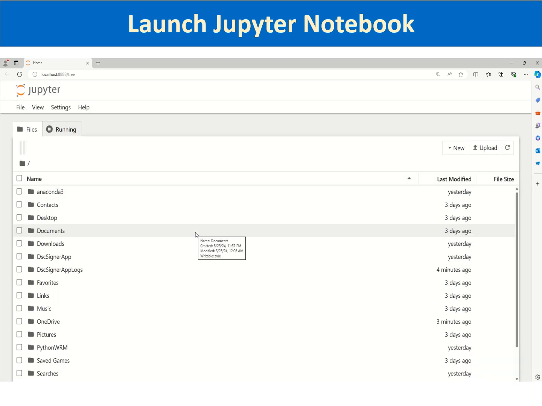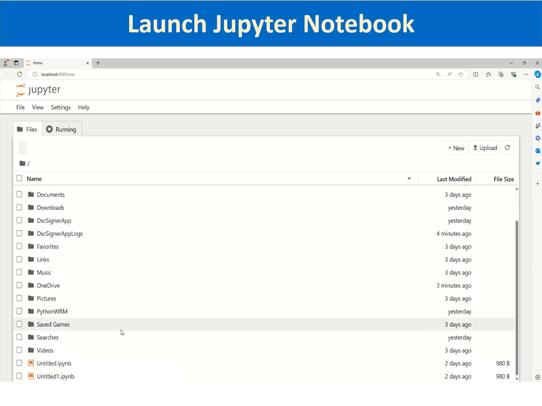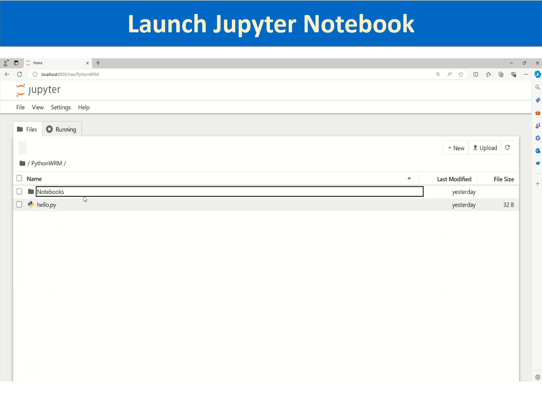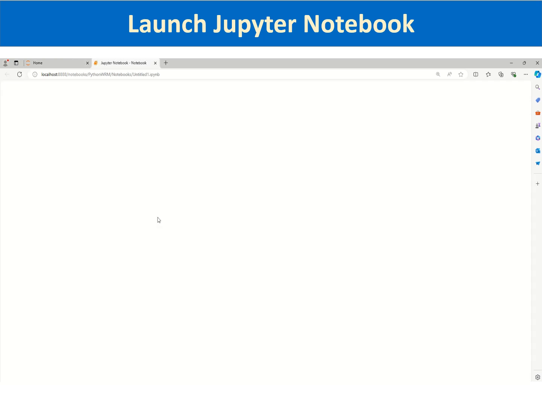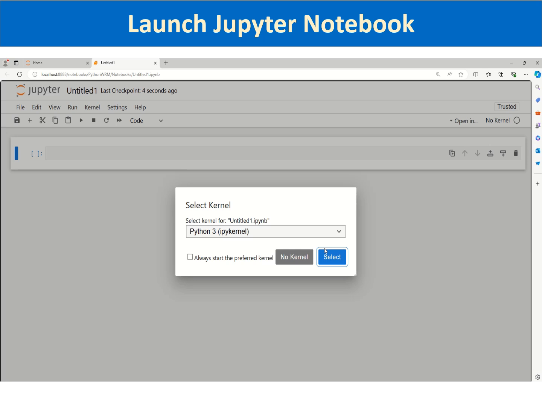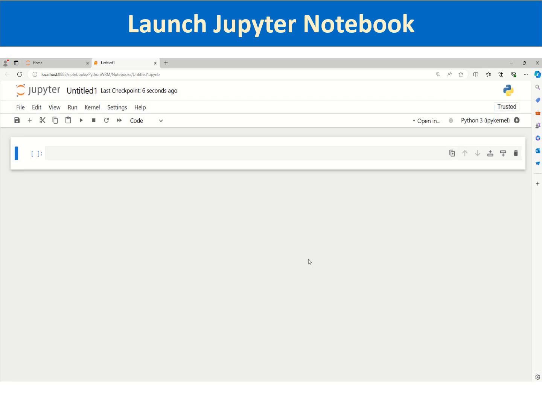Again, it will open and point to the present working directory. I will go to my folder where I am saving the notebooks. I will create a new notebook and I will select the kernel Python 3 IPython,